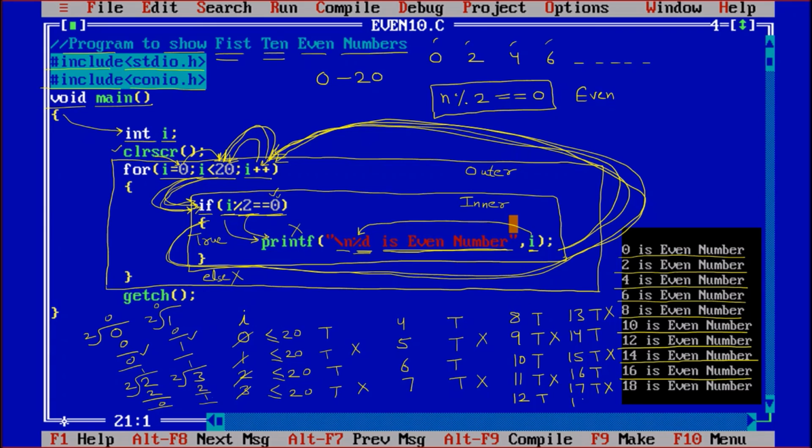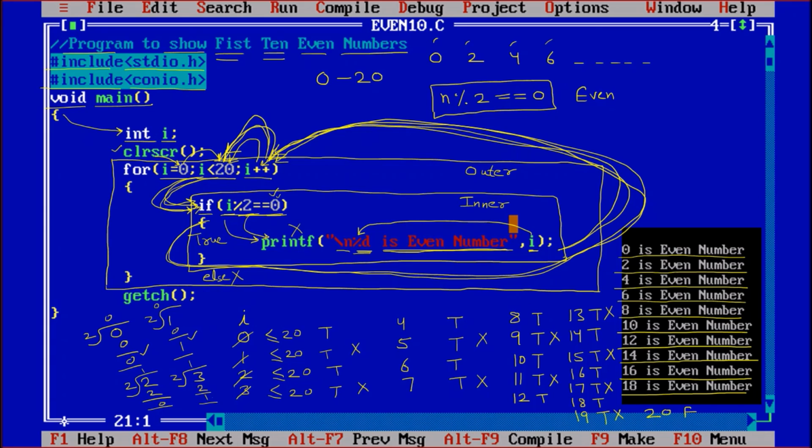Then 18, 18 is less than 20, true, and it is divisible by 2, so it is even number. Then 19. 19 is less than 20, true, but not divisible by 2. Then further 20. When 20 will come, the condition will check that 20 less than 20. Here the condition becomes false.